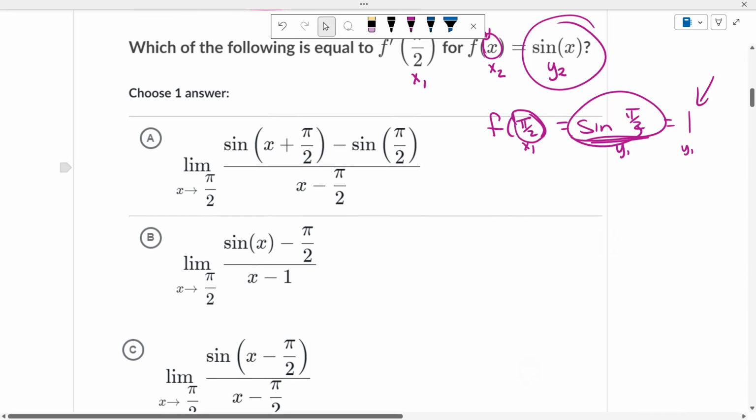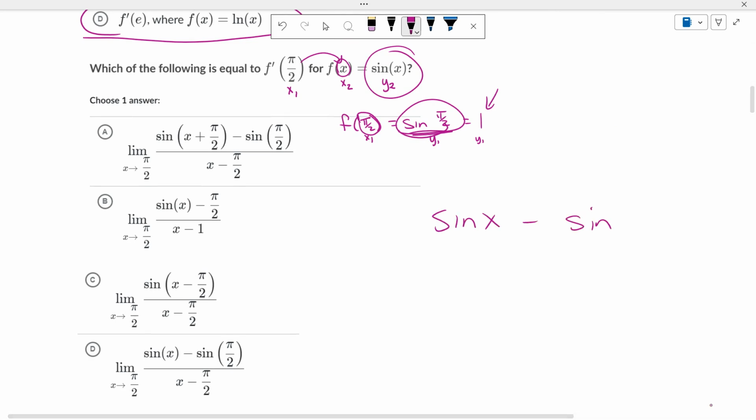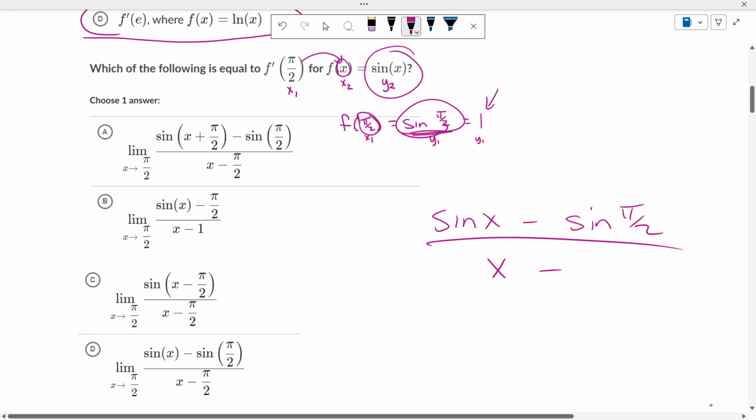Which one matches that? y2 minus y1 over x2 minus x1. It is choice